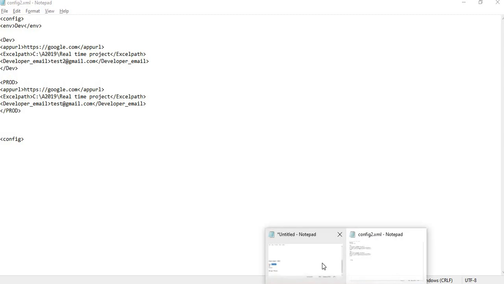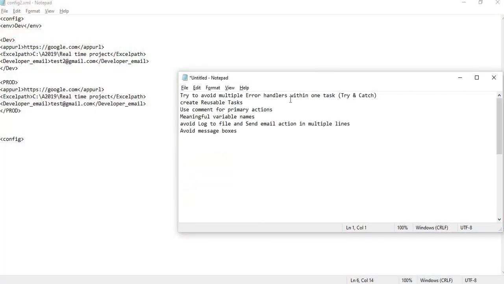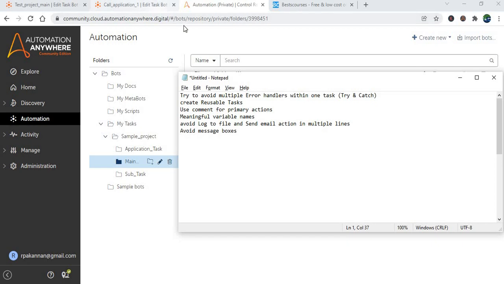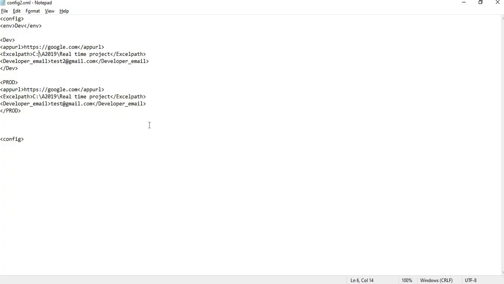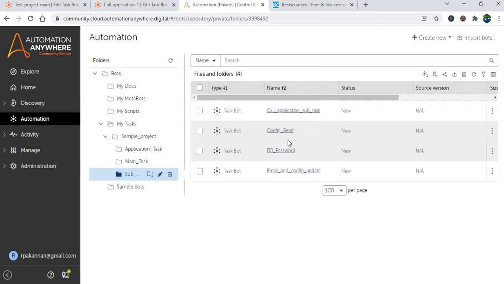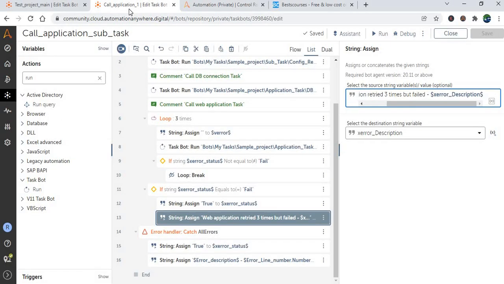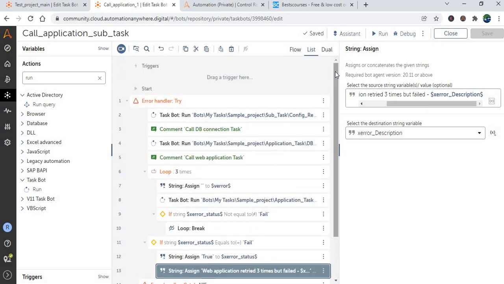And some of the key points which you need to understand. Error handler, just try to use a single error handler, as well as create multiple reusable tasks. Like in my subtask I have multiple subtasks: config read, DB password, and something like that. Use comments for primary actions so that others can understand very easily.